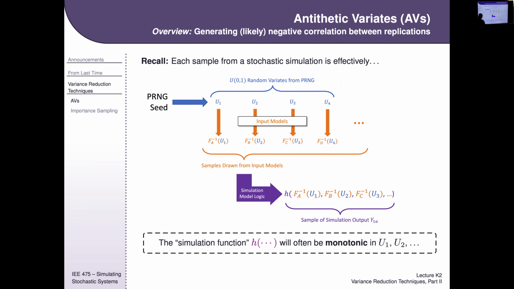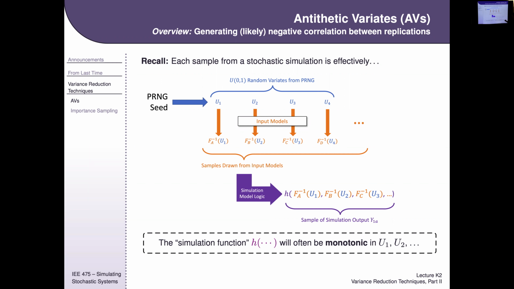Every time you draw a normal, it's drawing a random number and transforming it to a normal, as we learned how to do before the midterm. One replication might draw thousands of uniformly distributed random numbers. So the pseudorandom number generator seed goes in, and replication 1 draws these 100 or so. For replication 2,